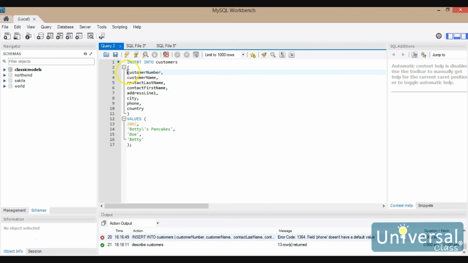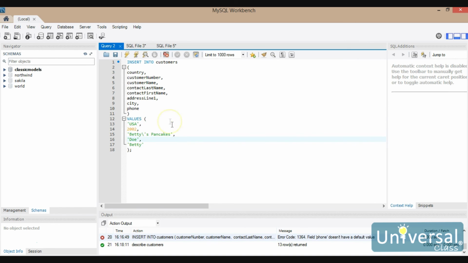Now the thing is I can put these in any order up here. So if I wanted to, I could put the country first up here, and then remove country from here, and it will still work. The only catch is down here under values, I have to put everything in the exact same order as it is up here. So essentially the first item should be the country down here. So if I were to say USA,